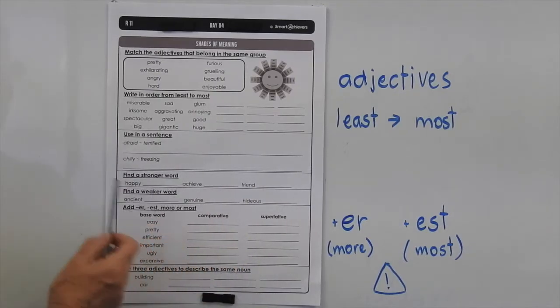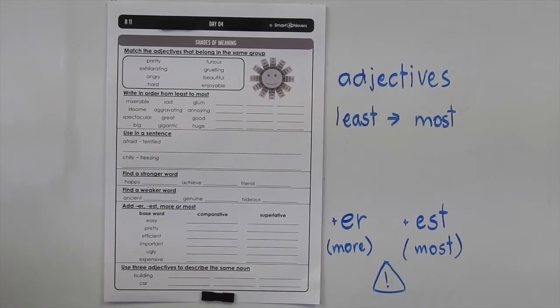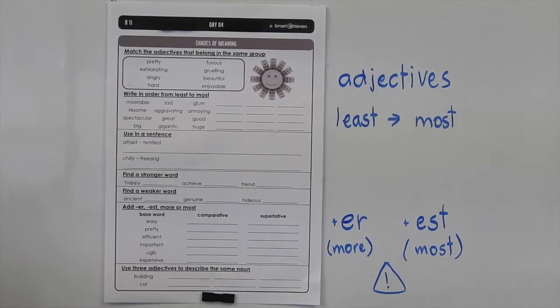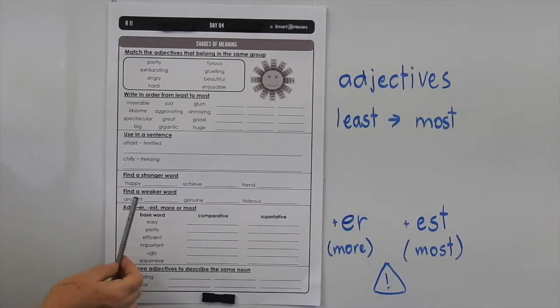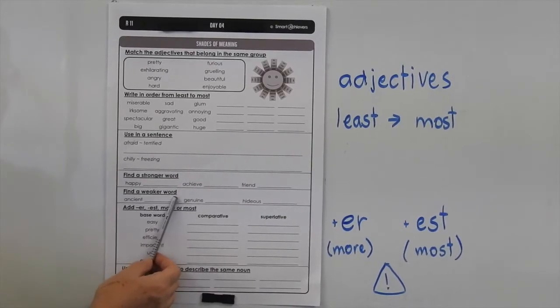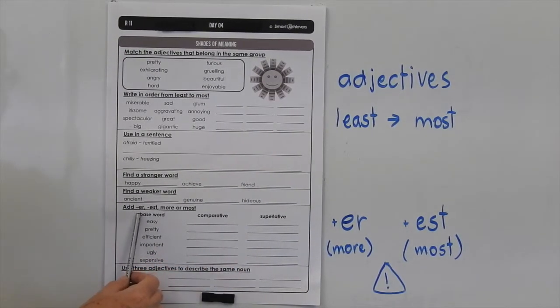So quite often when I read student stories, I find that they might use words like big, which are very simple words and okay when you're young, but as you get older you need to use more complex and more interesting words than those simple ones that you would have used when you first started writing. Here we want you to find a weaker word for ancient, genuine and hideous. Now down here we're forming